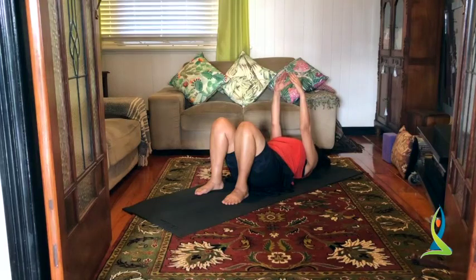As you do that action, you may feel your tummy muscles become more toned. Hold this gently as you breathe. Slowly breathe. Careful not to tension anywhere. Finally,